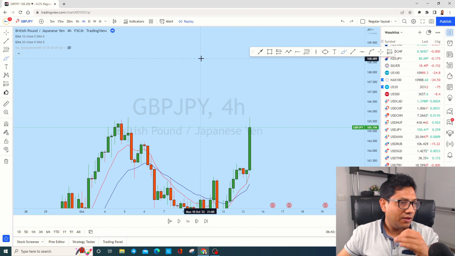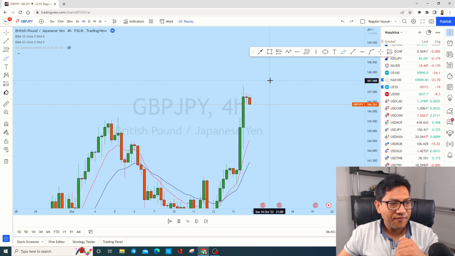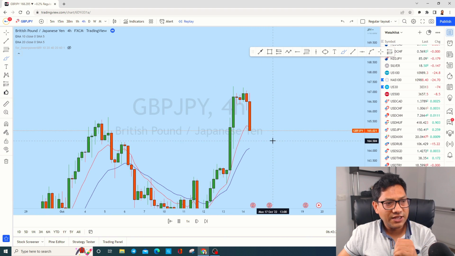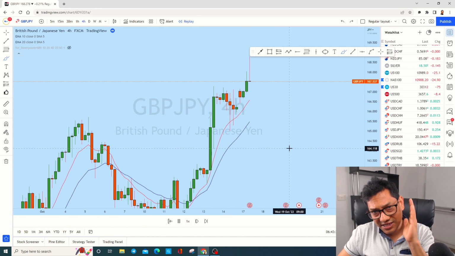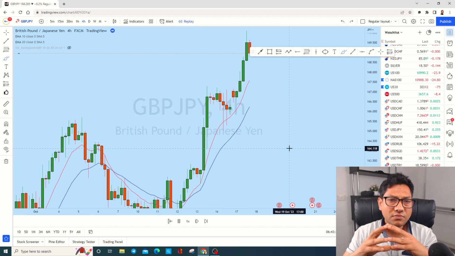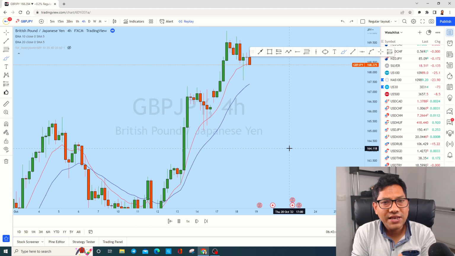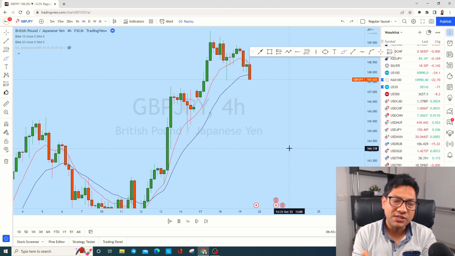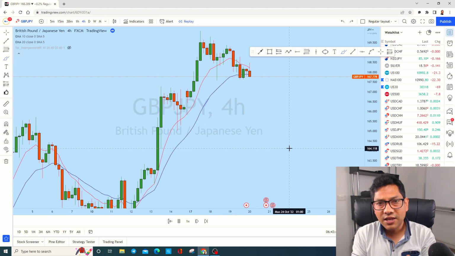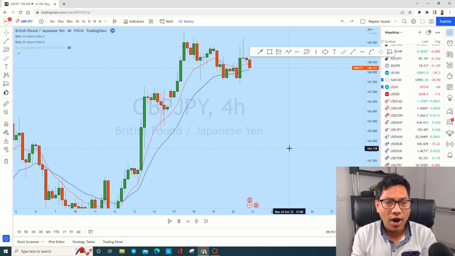So if you sell this market, what will happen is that you might lose. You see, the price came and then finally started to move up. You can see that after a pullback, it is in fact going up. So if you are scalping with the trend, that is where you can take the maximum advantage. Even if you are wrong, you can still hold the trade to at least get to entry or have some profit in it. So it is very important that you trade with the trend. This is rule number 1.